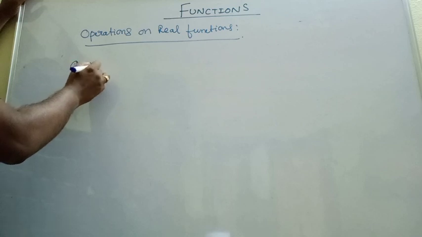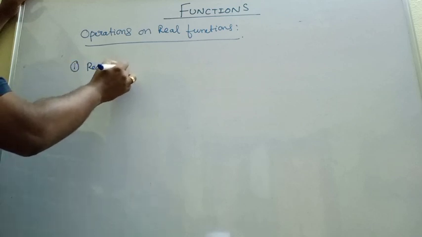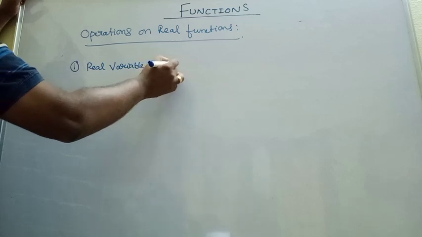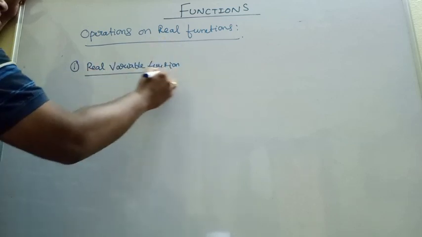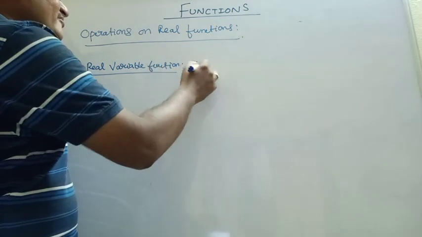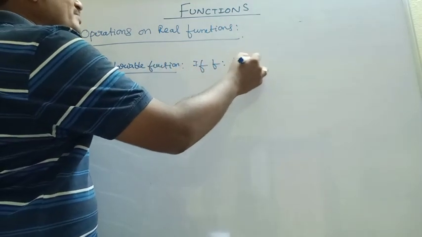One is real variable function. What do you mean by real variable functions? Here they have given real functions. That's why we have to define, number one, real variable function. What do you mean by real variable function? It means if f is a function from A to B, like that,